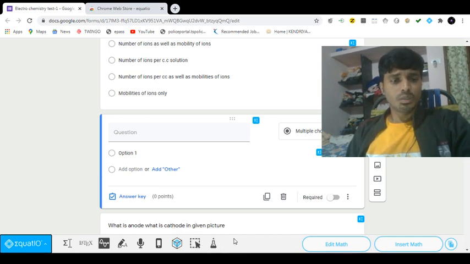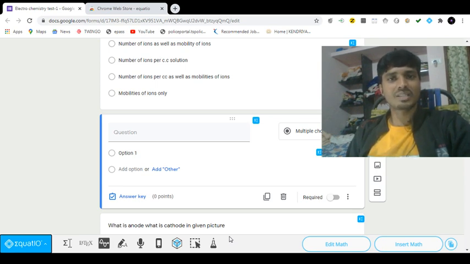Now how can we frame questions by using this equation? On YouTube, nowhere is it explored for chemistry; they only explain the math for math teachers, but here I am focusing more on chemistry teachers. So this is the option equation editor, which I will explain later. So what is the LaTeX editor and what is this graph editor?